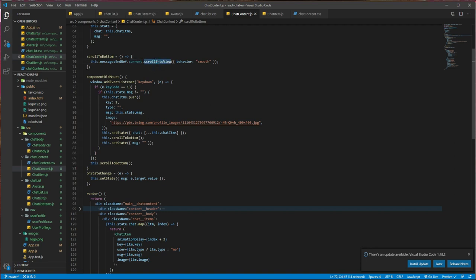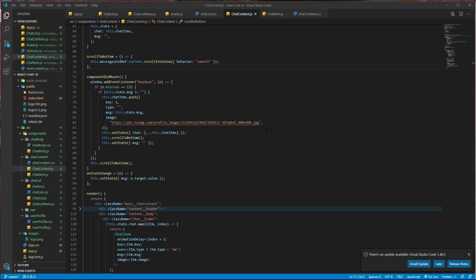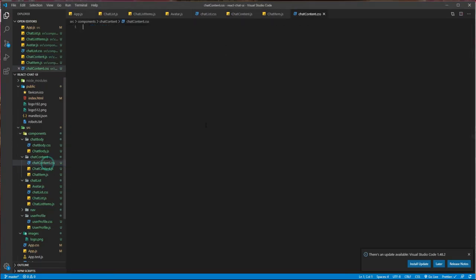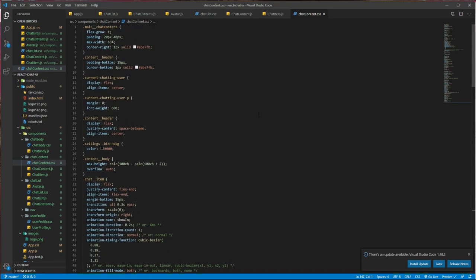And we have added the scroll behavior as smooth. So let's see how it is working right now. You can see this is it, but we haven't applied any kind of CSS, right? So let's add the CSS file. In the chat content.css, I'm copying and pasting all the CSS. You can simply copy and paste the CSS, and later I hope you always know a little bit of CSS, because it's not a beginner level tutorial. Okay, so let's see how it is looking right now.